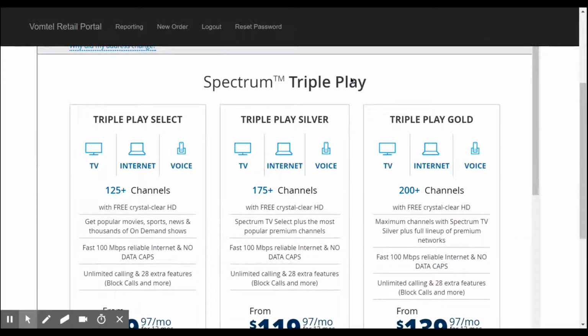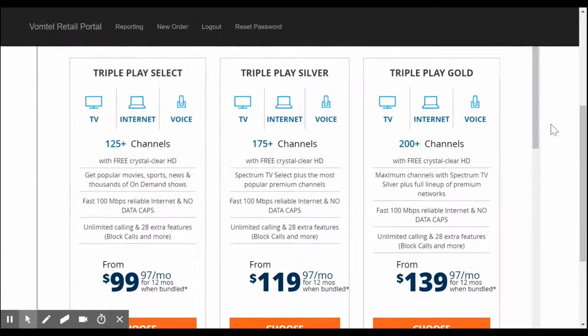One thing you will always notice is Spectrum is always going to begin from the top on down. So we like to start with triple plays. The 3 triple plays that this customer qualifies for are Triple Play Select, Triple Play Silver, and Triple Play Gold. By now, you should have taken your products and services training, and you should know the difference between all three